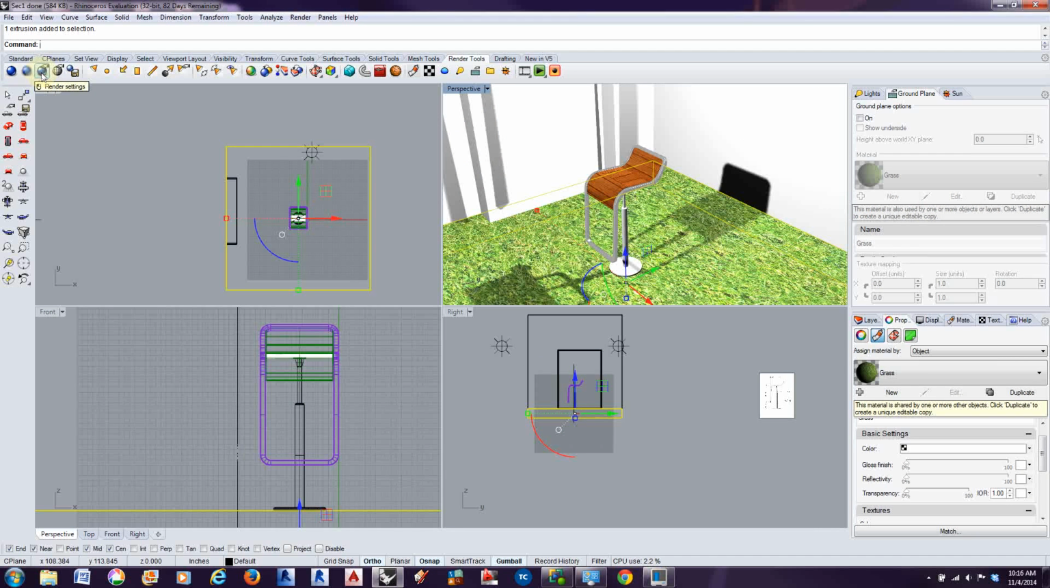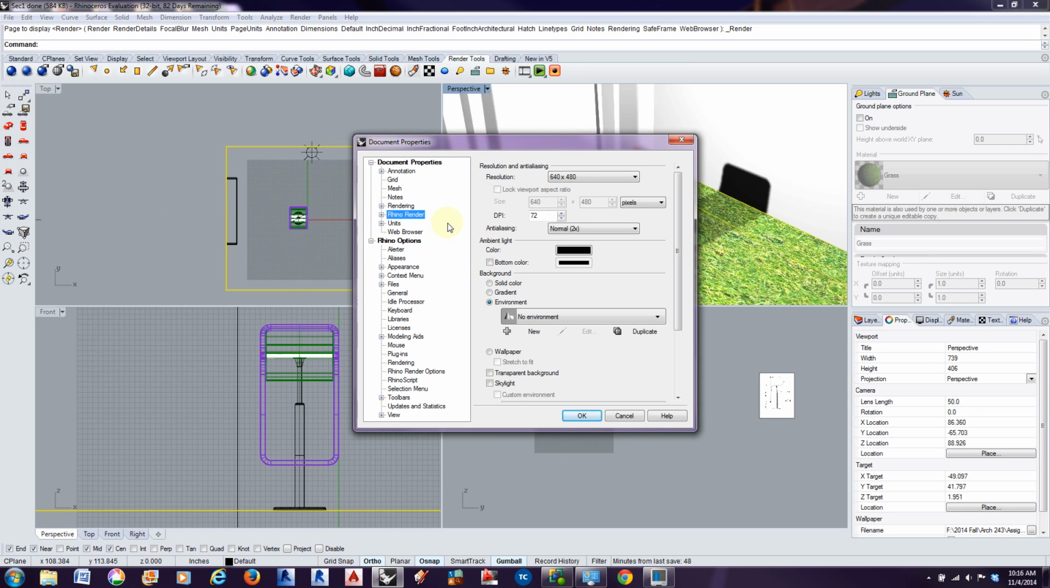And then these buttons are your renders, and so render settings, if my computer does not glitch out, brings us back to our document properties, and this is where you can set up the resolution of your image. So, you know, we can change this to 300 dpi, so that's basically pixels per inch. We could change this to inches, and